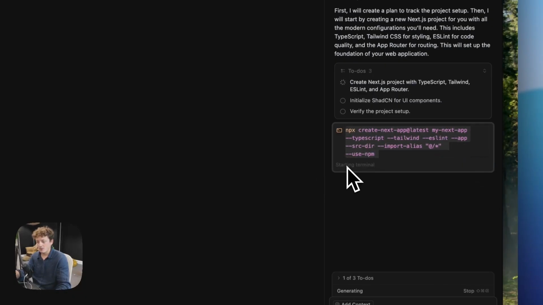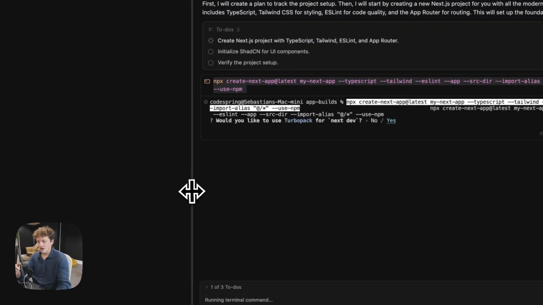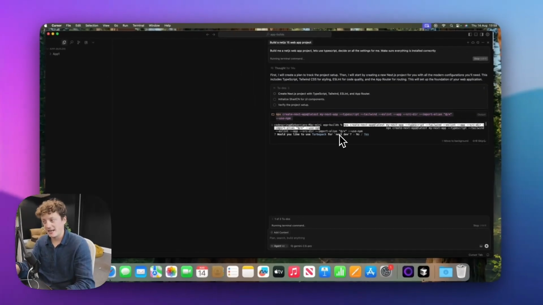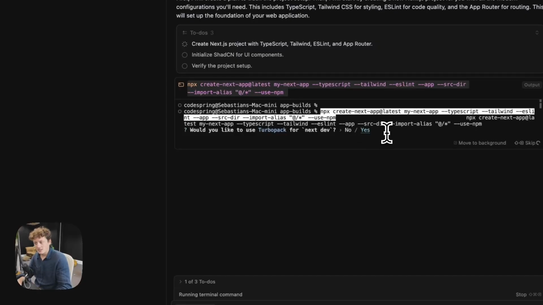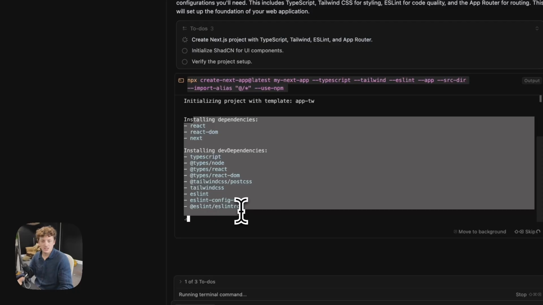It's going to start the terminal, and it's going to go ahead and create this folder for us. So you can see if we actually drag this out, it's asking us various questions. What we're going to do now is just go through here, and you're just going to answer exactly as I do. So we're going to click inside this terminal here, and then click Enter for yes. What it's going to do now is just install some of the packages that it needs for this to